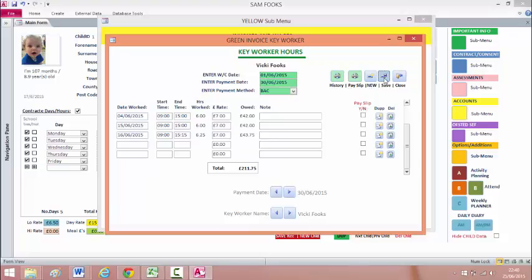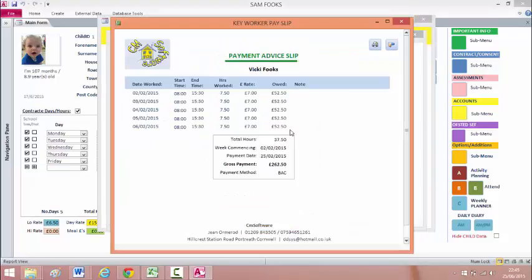If you select save, just to refresh everything, so you've got the total running down there, £211.75. Now if you want to do a payslip, you need to tick this box, and only the ones that you tick will show in your payslip report. So click save, and if you click on the payslip, then that will show you